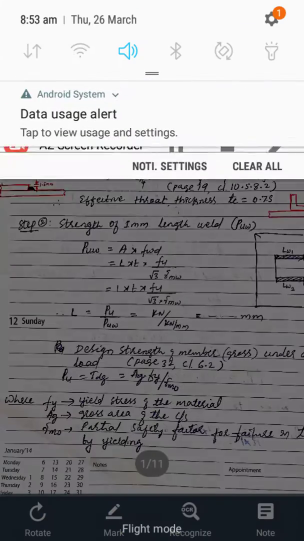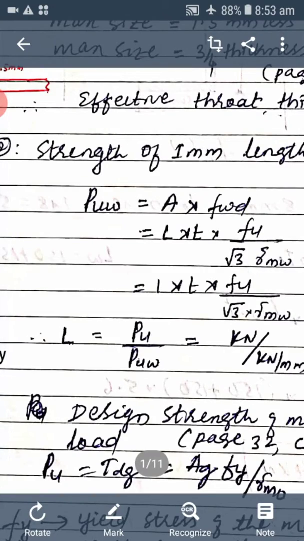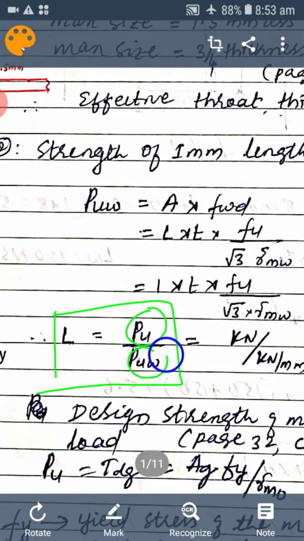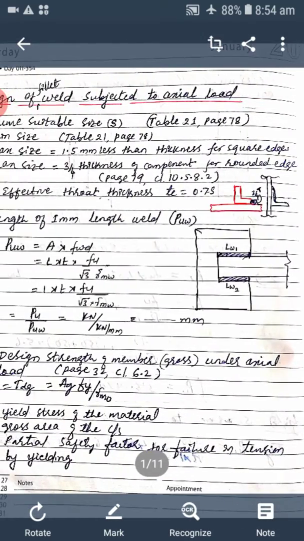Then if we divide, here it is given the length of weld. The length of weld will be the ultimate load carrying capacity of the member divided by the unit strength of the weld, that is, for 1 millimeter length of weld, what is the strength. If we divide this, we get how much length of weld to be applied for carrying the given load, and that length of weld we can equally divide